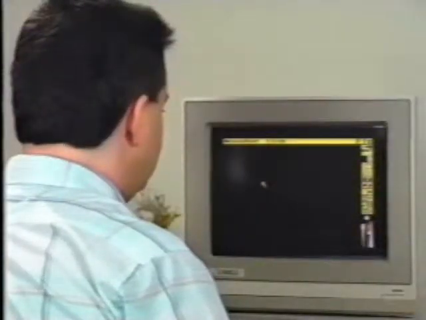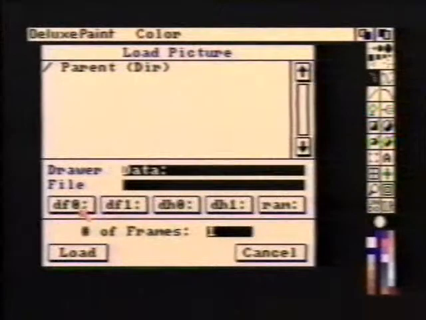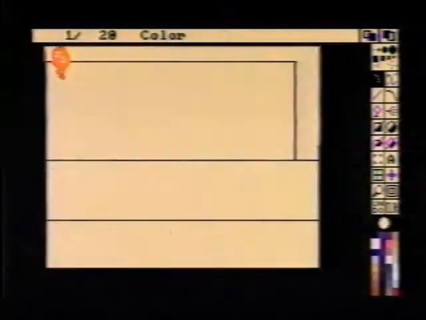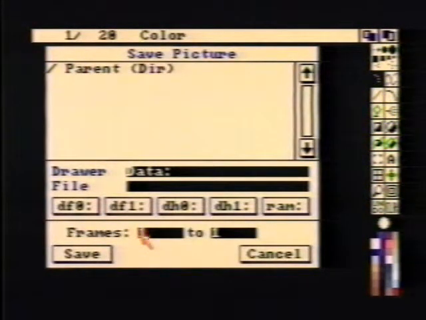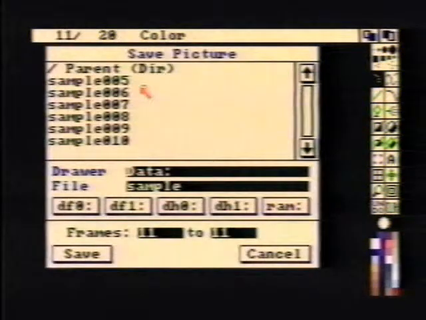Load and Save Picture will automatically list the devices which are available in your system. A Number of Frames Edit field is displayed if loading while multiple frames are established. Entering a number in this field will load the selected picture into that many consecutive frames. If you have multiple frames when saving, you may enter a range of frames to save. When you click Save, the frames are saved as separate pictures with the frame number added to the end of the name. For example, if we enter 5 to 10 as the range, the frames are saved as sample 5